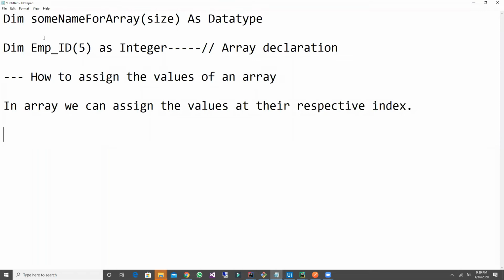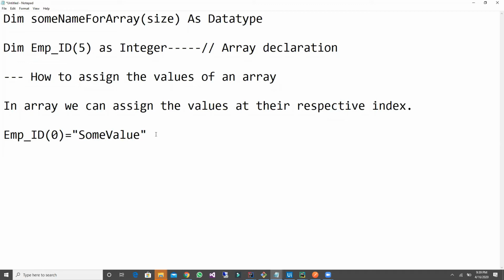Okay. So it means that how can I store that? emp id of 0 is equal to some value. So just remove this. So how many values I have given? There 5, right? Okay. So that integer size should be 4 now.